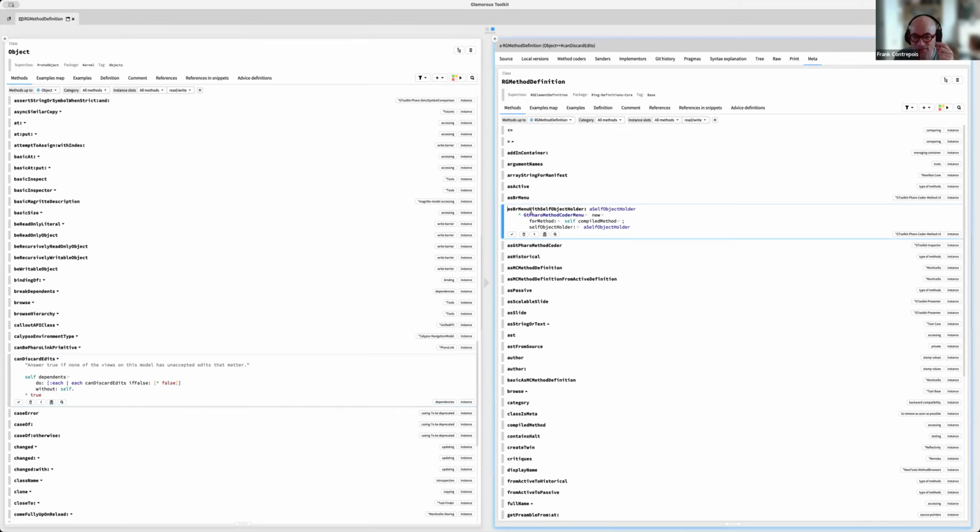We are looking at a method inside a class called RG method definition that happens to represent a link to a method. It's very, very easy to go meta very, very quickly. So if you're not paying attention to the meaning